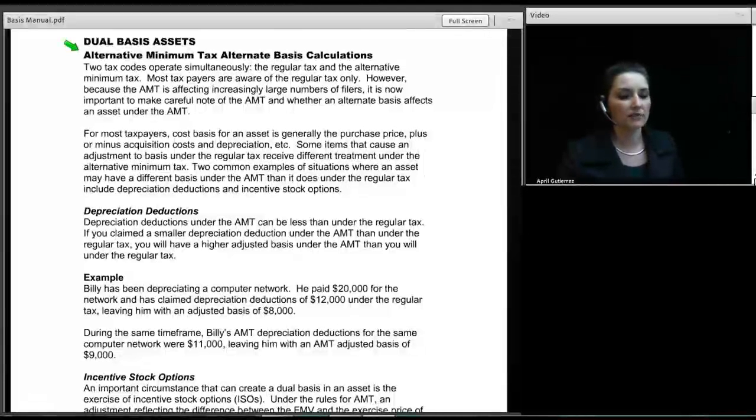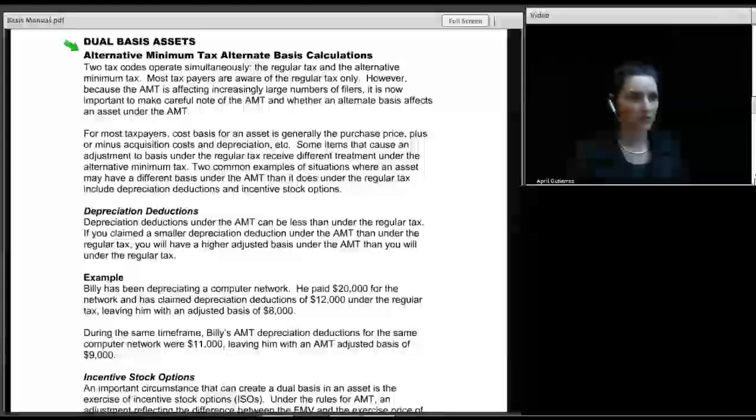And it has to do with alternative minimum tax. And the reason we deal with dual basis under the alternative minimum tax is that when you exercise a qualifying incentive stock option, you exercise it and you hold it for more than a year after the exercise date and more than 2 years after the grant date, your alternative minimum tax basis will be different than your regular tax